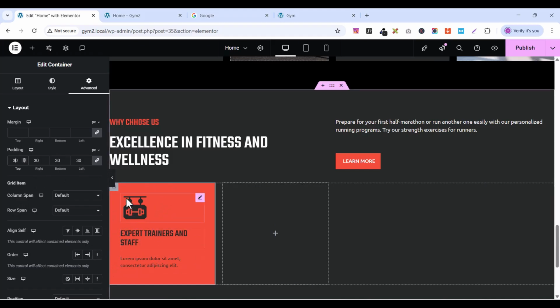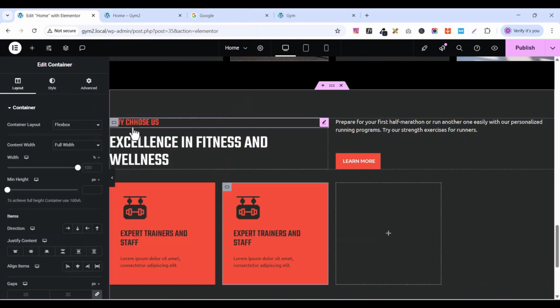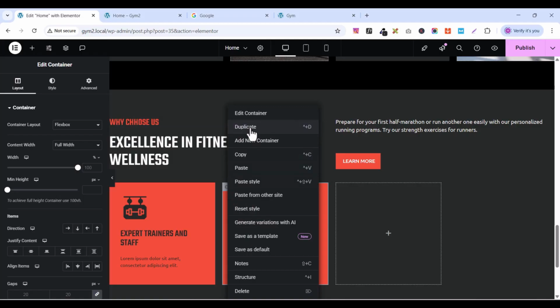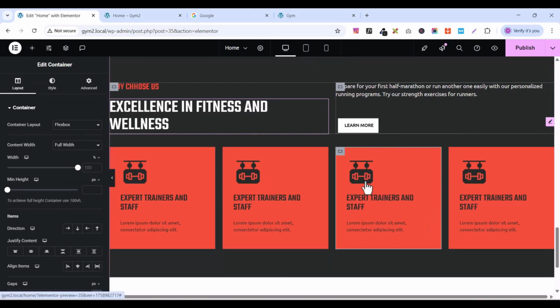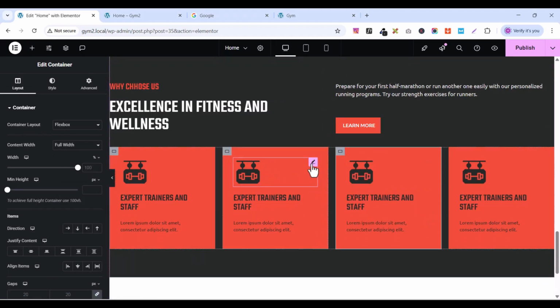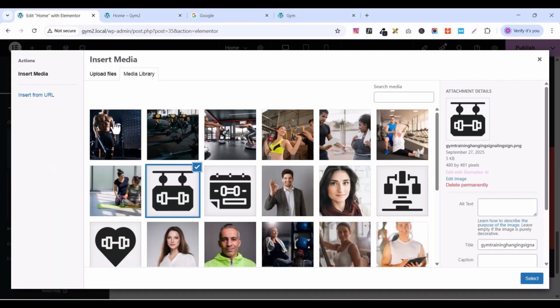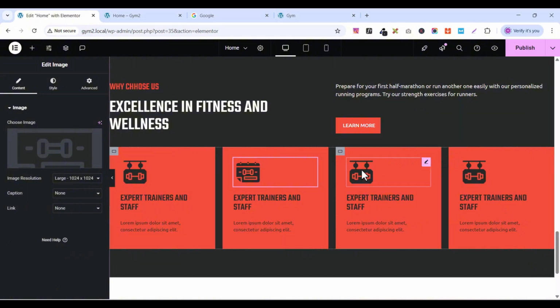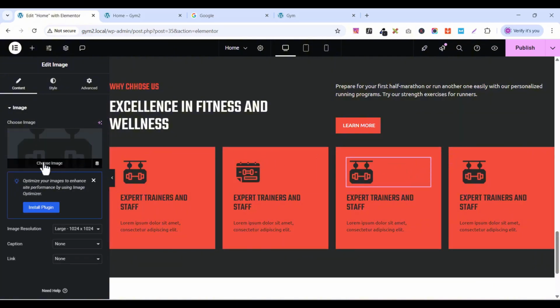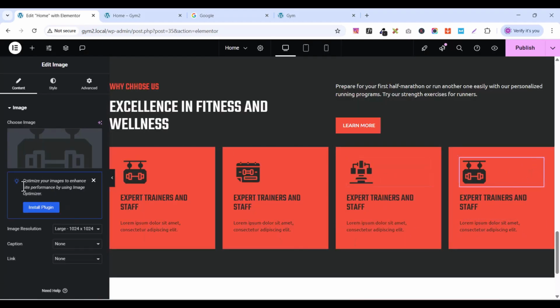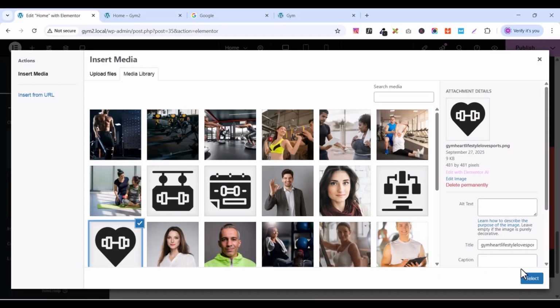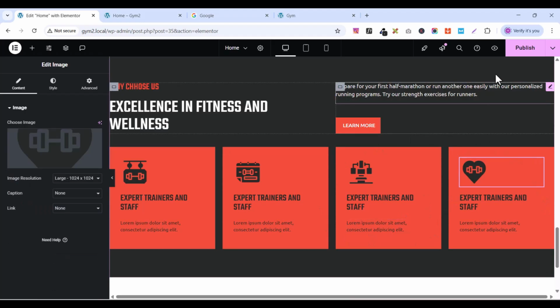So after that, we are going to duplicate this one. Let's select this container and duplicate it, and duplicate it again. Okay, so you can change the image by selecting this image, choose image, select the second image. Do the same thing here, select this, choose image, select this one, and select the image. Choose this one too, select the image and select this one. So after that, just publish it from here,